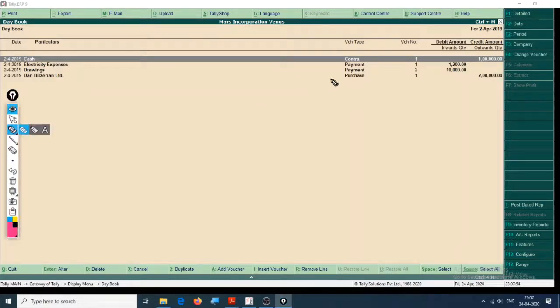Now in a day book, suppose you want to see only the payment entries. Suppose Amazon Incorporation has thousands of entries, how will you filter the vouchers so that you can only see the payments made on this day? We will go to this feature right here and choose F4.